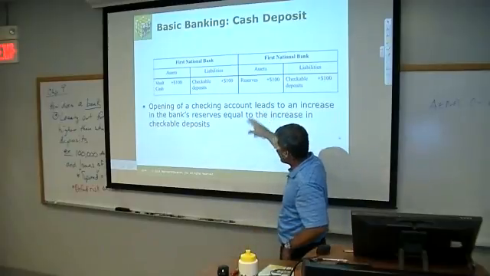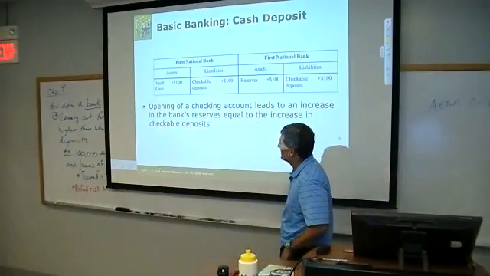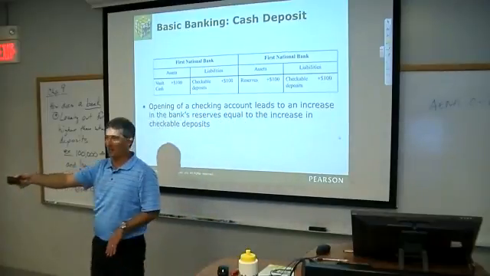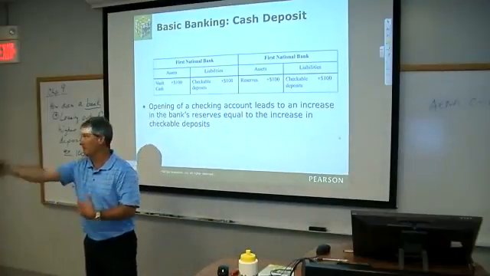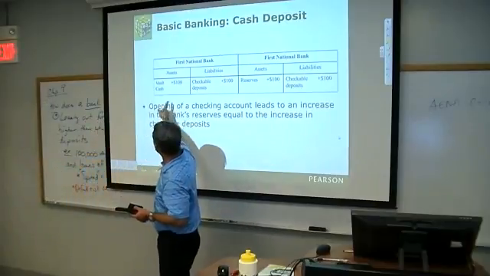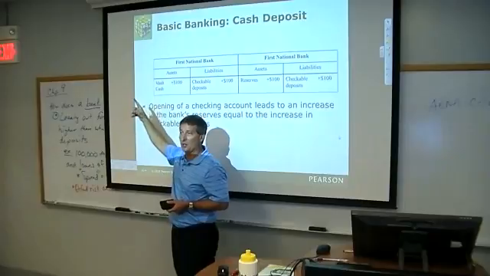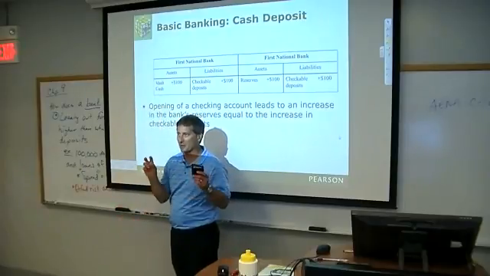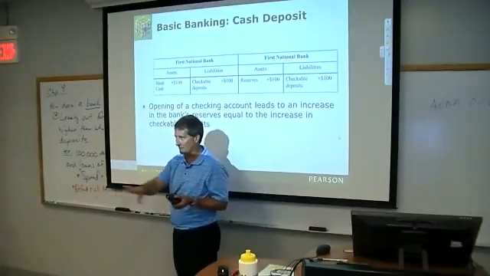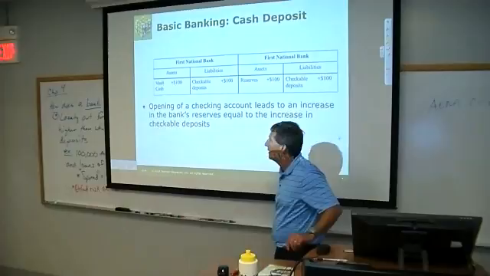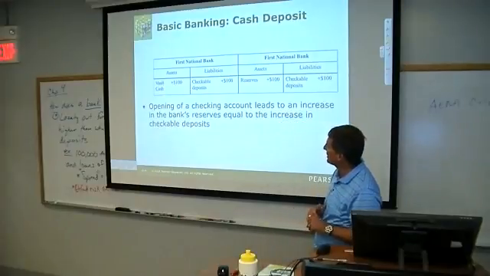What we're walking through here is that McCullough comes in with $100 and says, I want to put this into my checking account. I go to the teller window, and all of a sudden the bank's money went up. So bulk cash is literally money in their vault, also in the teller's drawers. It's money that the bank has on hand. They keep track of all that, as you can imagine.